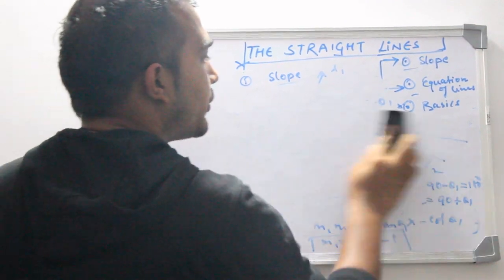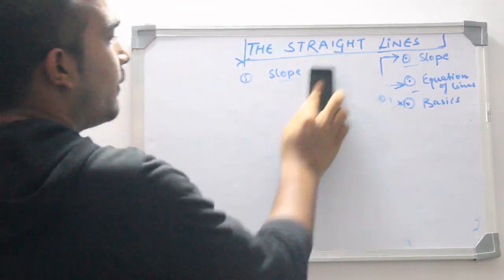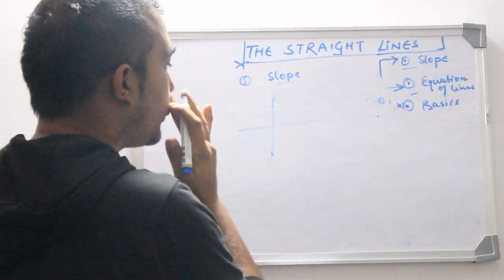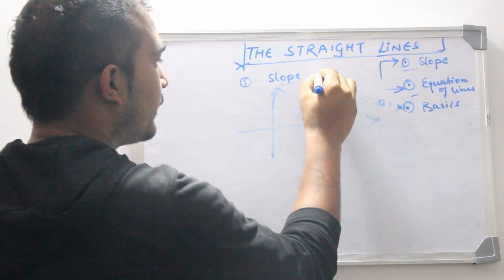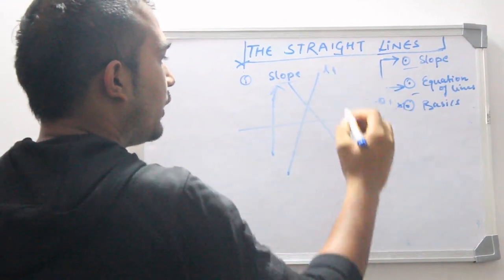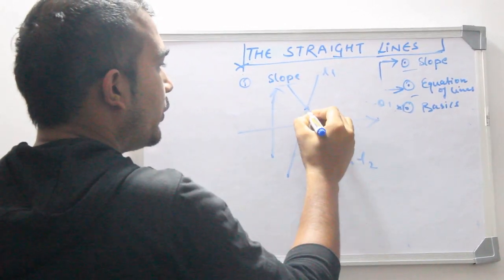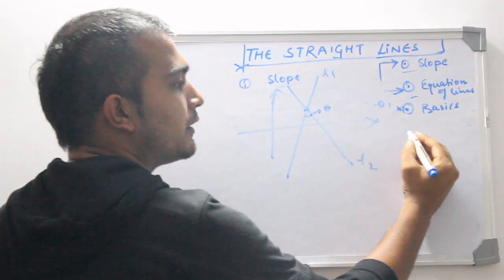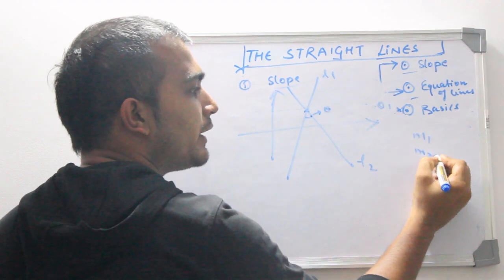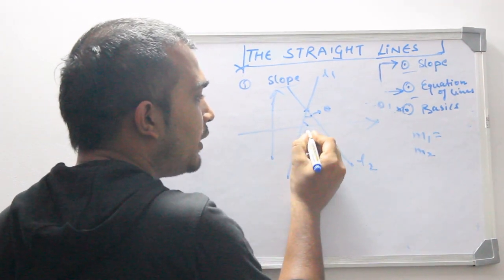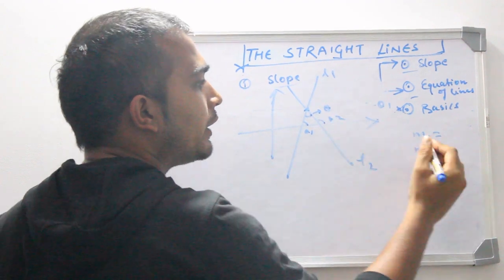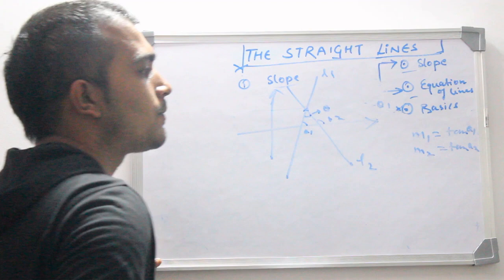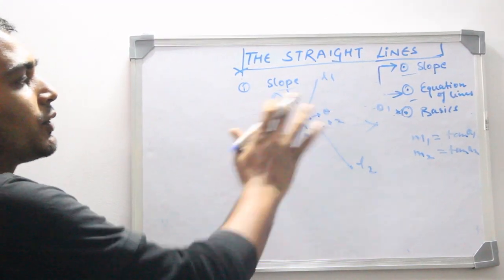And there is a third scenario wherein you don't have any direct relation with respect to each other. So if you have two lines and you don't have a direct relation between them, say this is line 1 and this is line 2, you need to find out the angle between them when the slopes are given. Say the slope of line 1 is m1, slope of line 2 is m2. So say this is theta 1 and this is theta 2. m1 is tan theta 1, m2 is tan theta 2. You need to find out the angle between them.